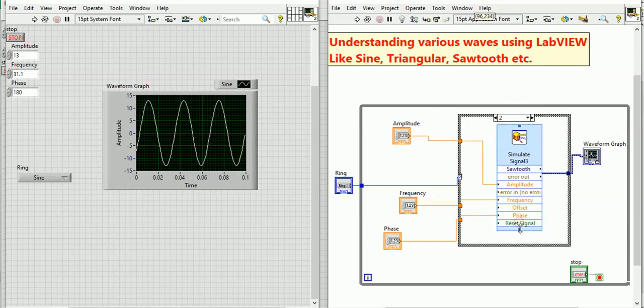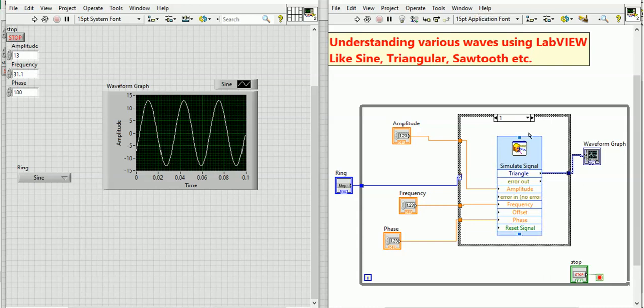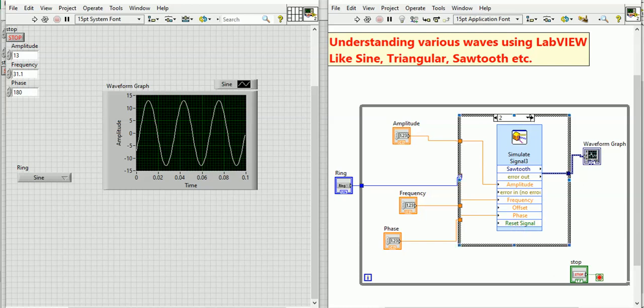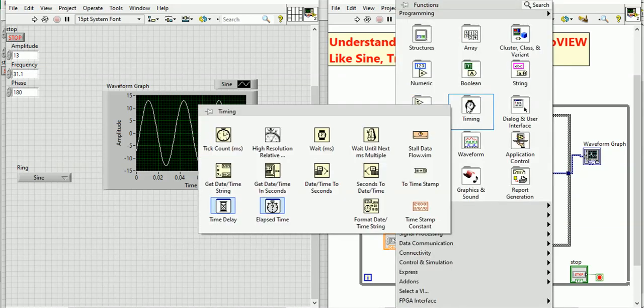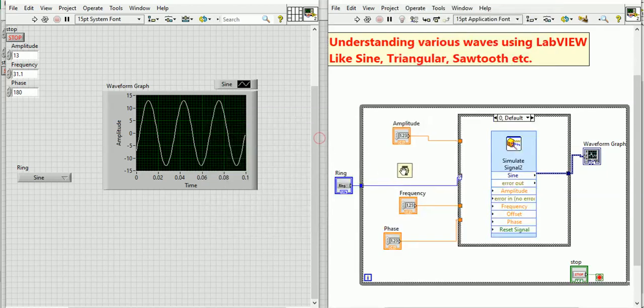Now the second one, that is the triangular, is also okay, and sawtooth is also okay, and the default one is also okay. Okay, fine, no problem. And if you want to visualize it slowly, you can put one more thing from the Time palette, the wait. So this is the wait.